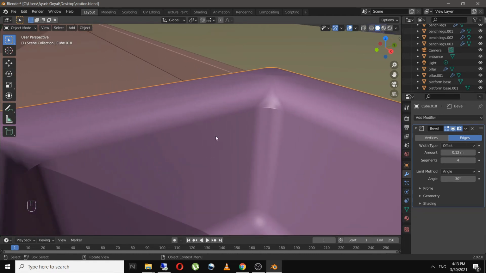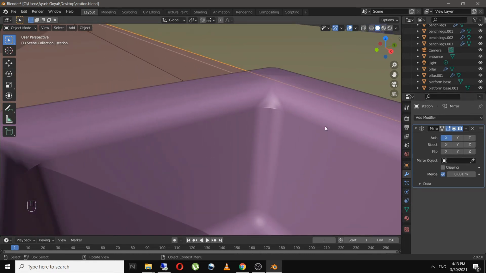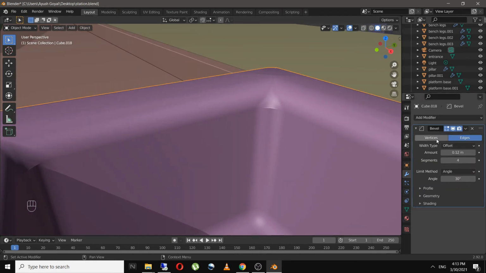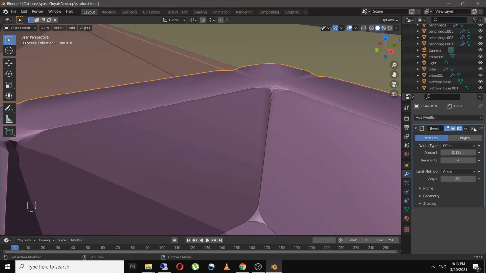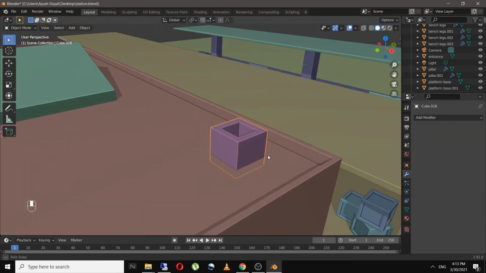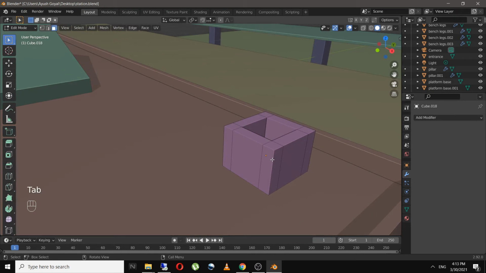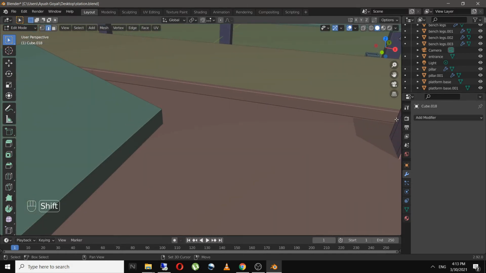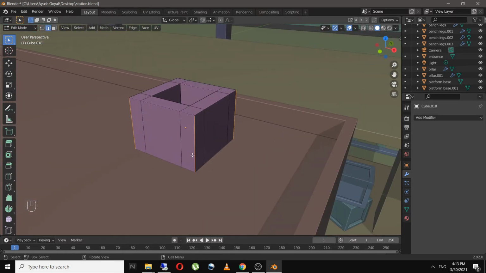So I'm not happy with the bevel modifier, so I'll just delete it, and yeah, this looks better now. So I'll just select the edges manually and give it a bevel by clicking on Ctrl B, something like this.